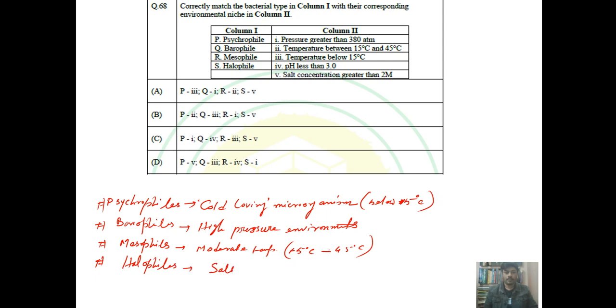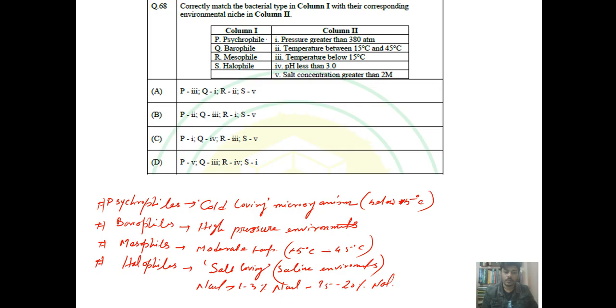halophiles are a salt loving microorganism group. So they are found in high salt or extremely saline environments, and they range across places like salt lakes or marshes. They generally require a high concentration of NaCl for their growth, and generally it ranges from 1 to 3 percent NaCl to 15 to 20 percent NaCl. And so if we see the options,